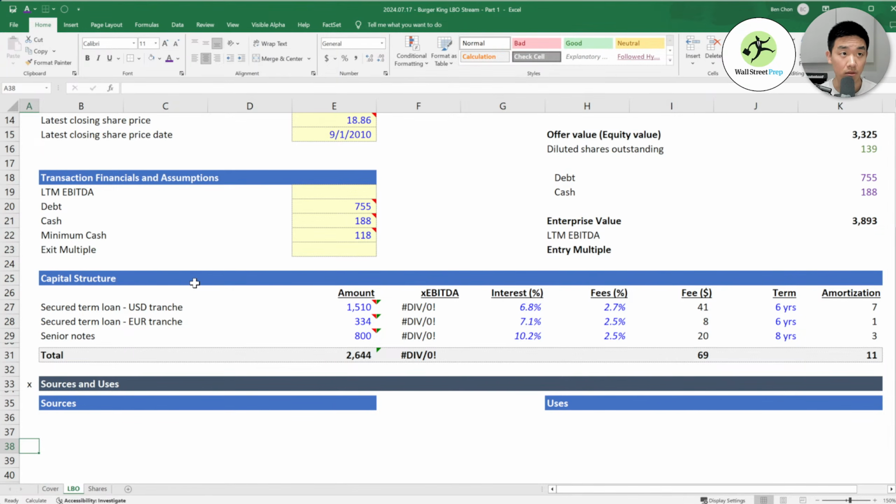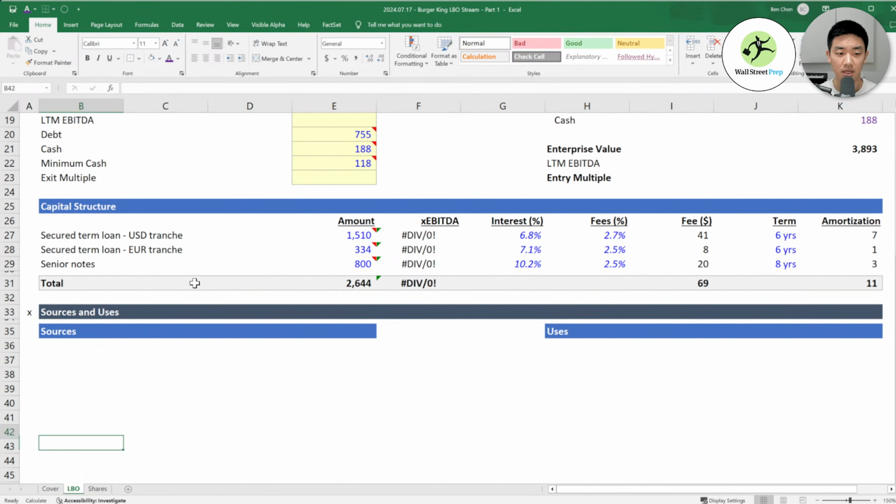All right, so sources and uses, if you're unfamiliar with it, sources is basically the new capital that you're going to be using to fund a transaction, whereas uses are everything you're going to be using that money for, essentially. So when you are thinking about, okay, I'm going to fund this transaction, what a private equity firm does is they use a lot of debt to fund the transaction. That's the whole thing behind what they do.